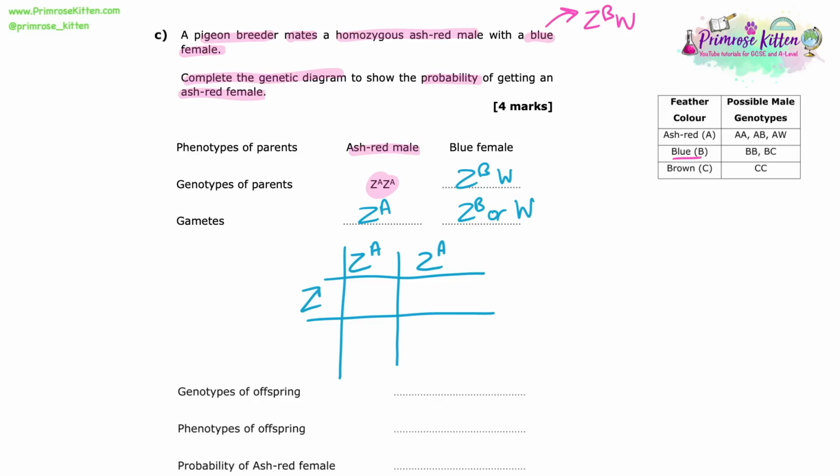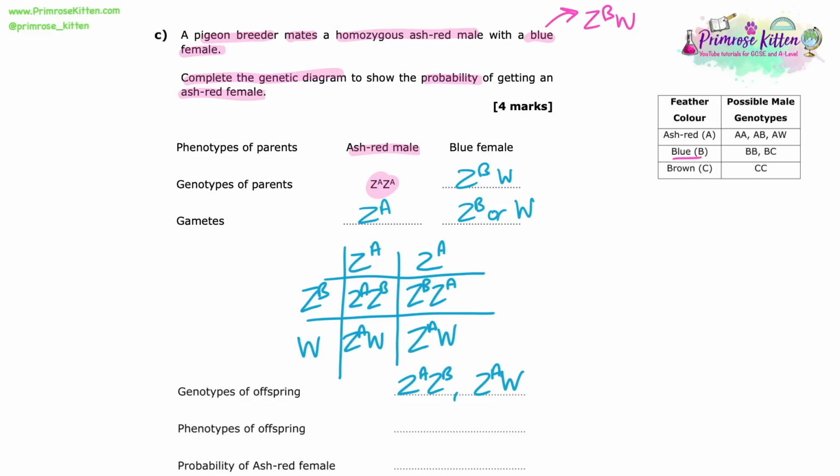This is hopefully fairly straightforward. And then we just need to fill it in. Same as we would with the normal Punnett square, we're just doing the letters superscript above the sex chromosomes. So we have to have both in there. So ZB, ZA for the 2 top rows, or ZA, ZB, doesn't really matter which way around you do it. And then ZA, ZW for the bottom rows. So that means we've only got 2 possible genotypes of the offspring, either ZA, ZB or ZAW, which means we can only have